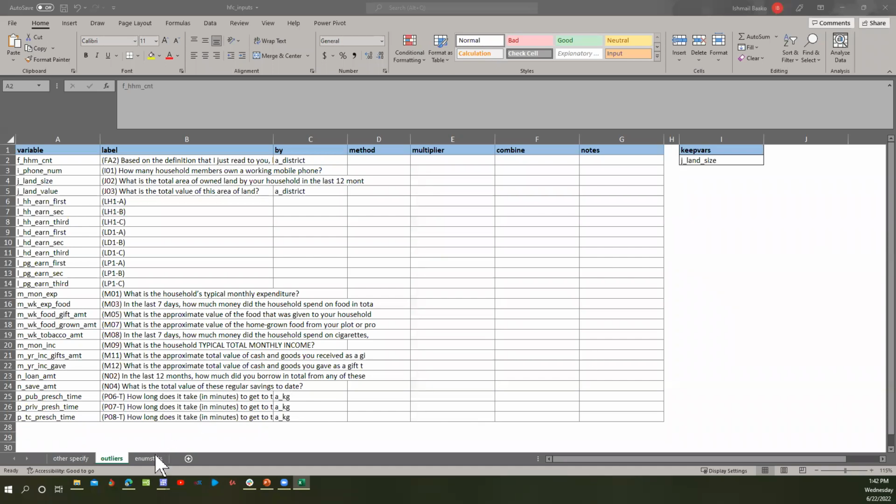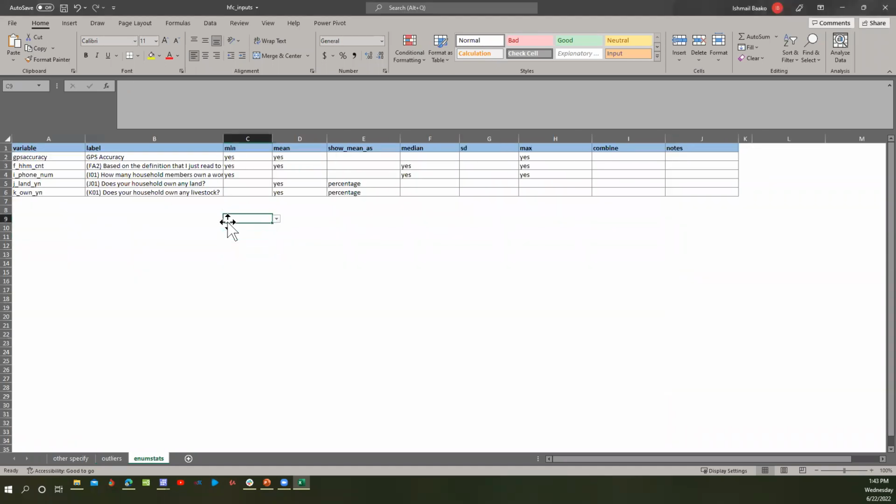All right, so now I move on to enum stats, which basically allows you to see statistics for specific variables at the enumerator level. So let's say, for instance, you want to see statistics about a household member count at the enumerator level. So you want to know which enumerators are reporting the least number of household members, or the most, or you just basically want to see what the statistics are like. So this is what you would use for that.